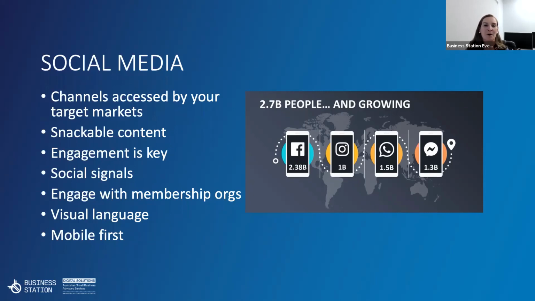And always keep in mind that social media in particular, but we did say this about websites, look at how your content looks on mobile first, and then worry about what it looks like on desktop later. As you know, social media is very much mobile. There's some people that will access it on desktop, but the majority will be mobile. So have a look at your content and make sure that it is really displaying well in a mobile sense as a first point. So that's a very brief touch on social.